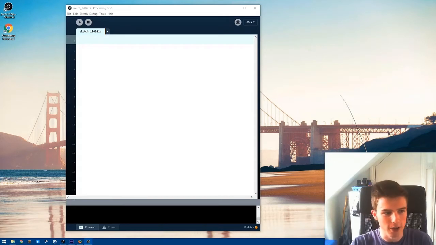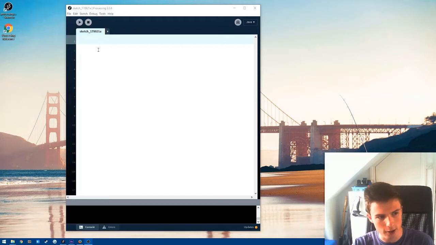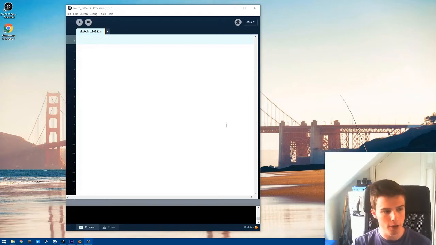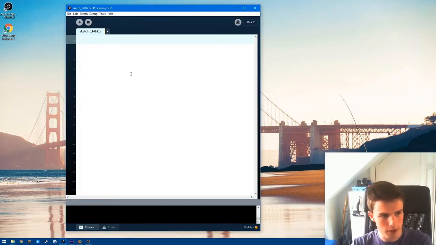And when you open Processing, you're going to end up with this kind of window here. It's like an integrated development environment where you're able to type your code and run it in a similar way to Python's IDLE. So yeah, we'll get straight into it, and we're going to start off coding with the obligatory